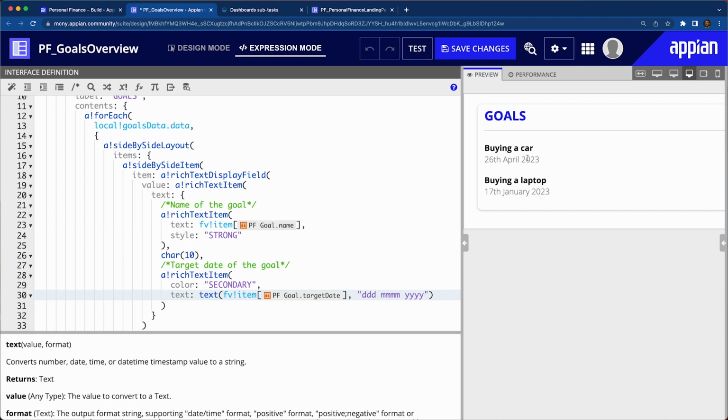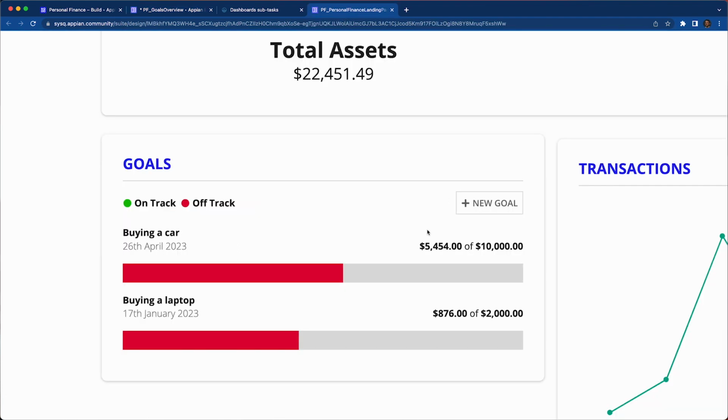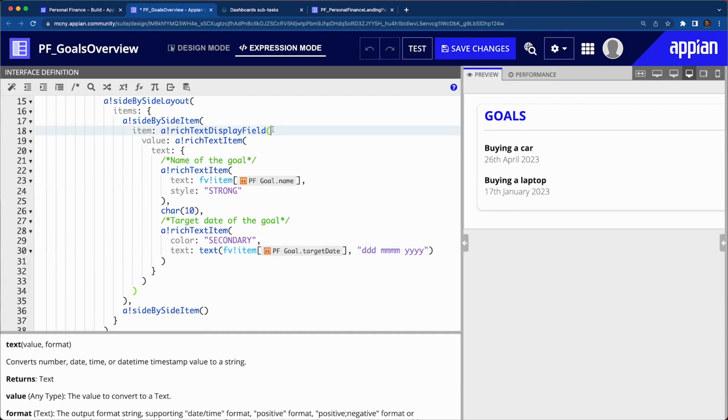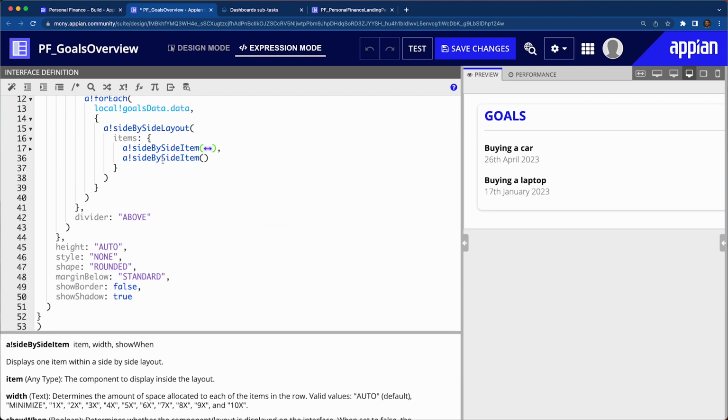So 26th April 2023, that works well. Even for international crowds, it works well. And now I can actually do the last piece here, which is the number, the balance out of the target amount. So here I'm going to close this side-by-side item, and